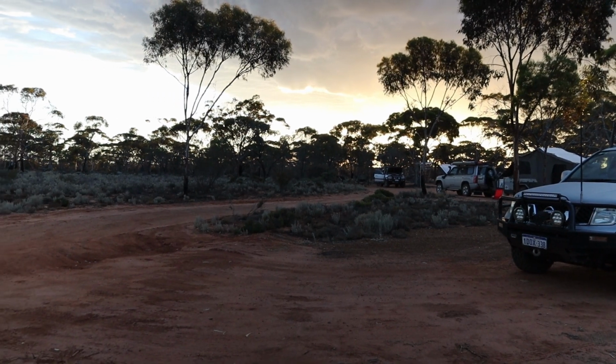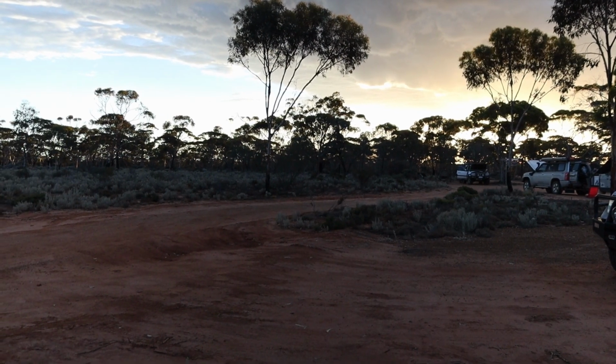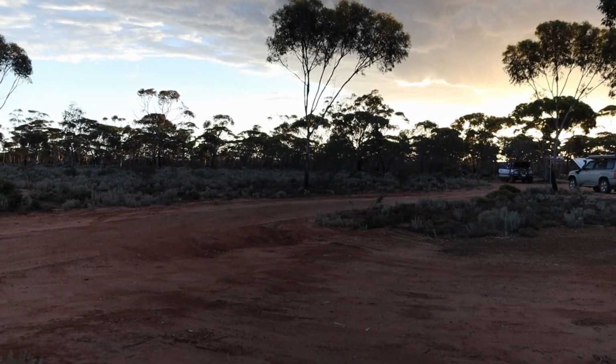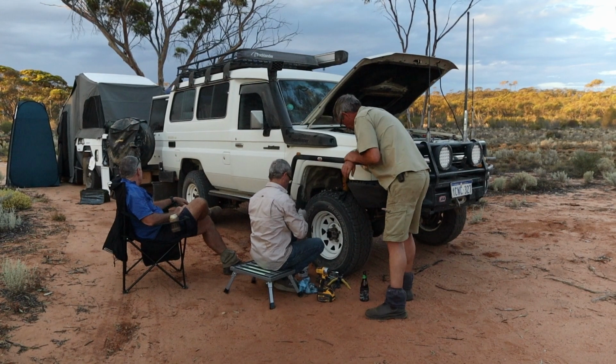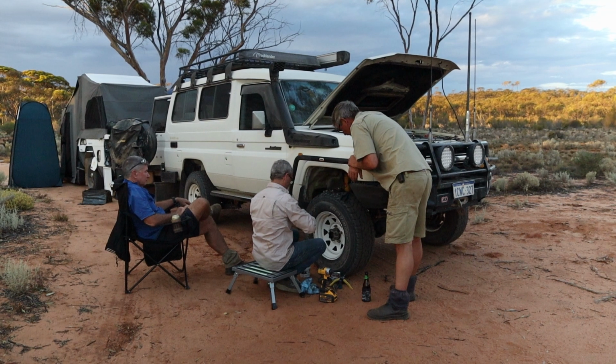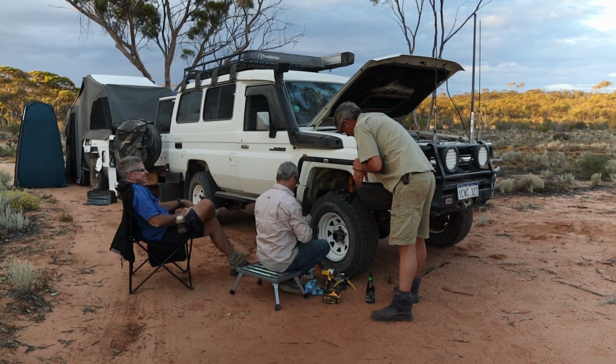Unfortunately, the flies are pretty bad here at the moment. And we may have a bit of a storm coming in. He's repaired the passenger side, now he's doing the driver's side, ably assisted by Simon and Mick, who's doing a